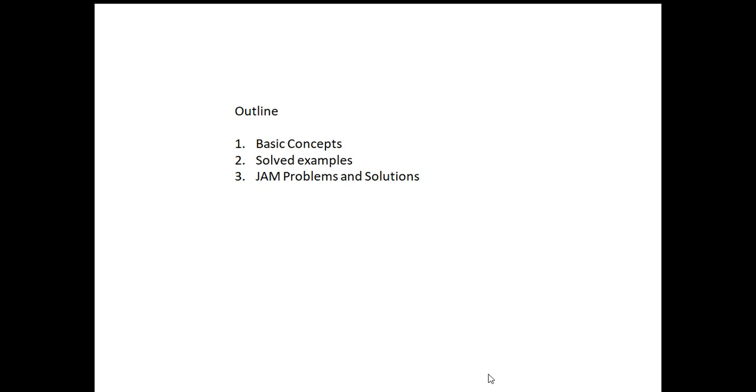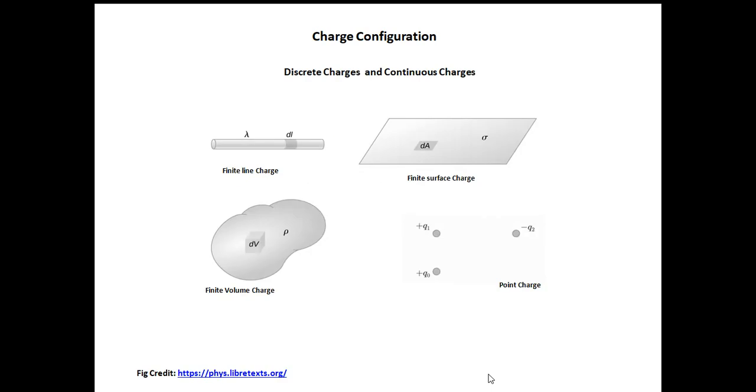So I will definitely revise some of the very fundamental concepts because I do not know what has been done with you and what has not, as there is a diverse crowd. There are students from 11th, 12th standard to post graduation. Some teachers are there. So please bear with me if there is a lot of repetition for some of the participants. So let us start with charge configuration.